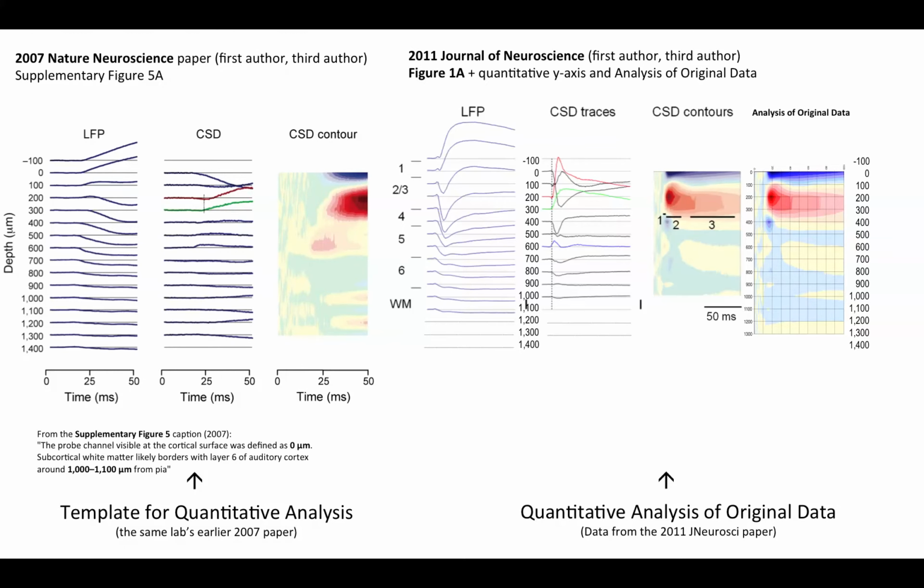And for all of this, my template is the straightforward approach to representing the data as was shown in the 2007 paper that used this exact same experimental paradigm in mouse primary auditory cortex. So it's very clear comparing these figures that the top trace is above the cortex, the second trace is right at the surface of cortex, which of course begs the question as to why they put layer 1 above the surface of the brain right here. How can layer 1 of cortex be above the surface of the brain?